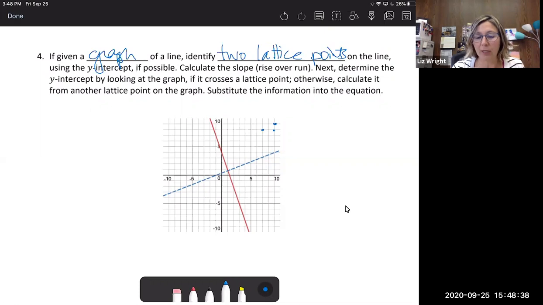So in looking at these two lines, I can already tell that the solid red line is going to be a little bit easier because this line crosses our y-intercept right here at a good lattice point. And